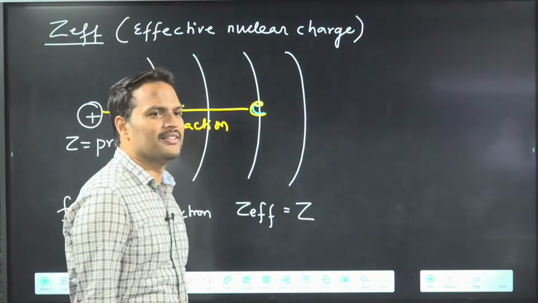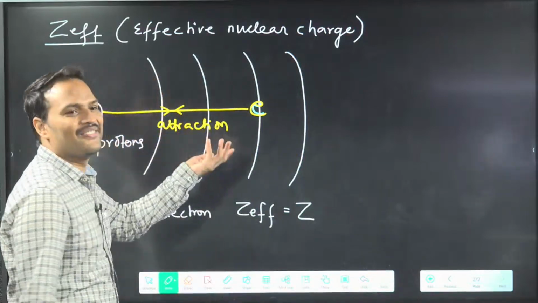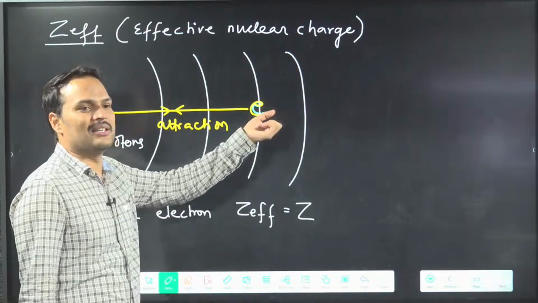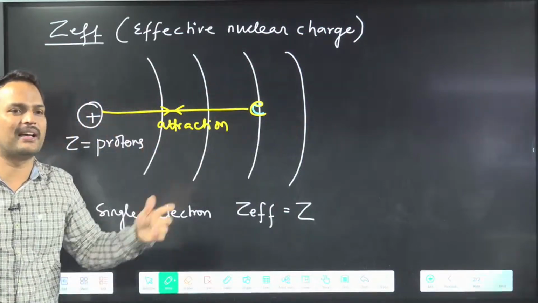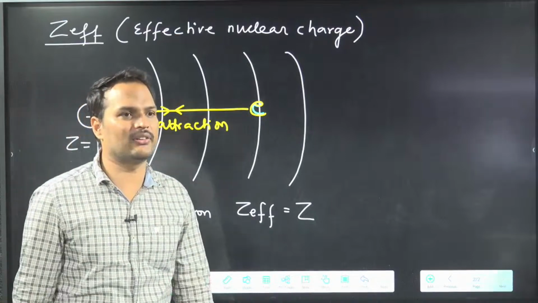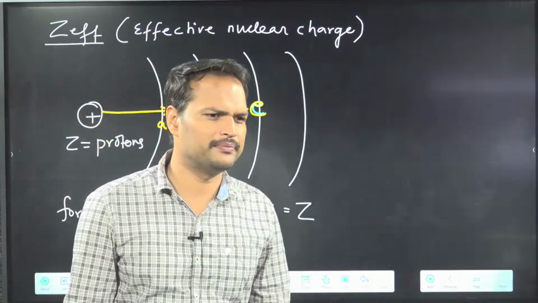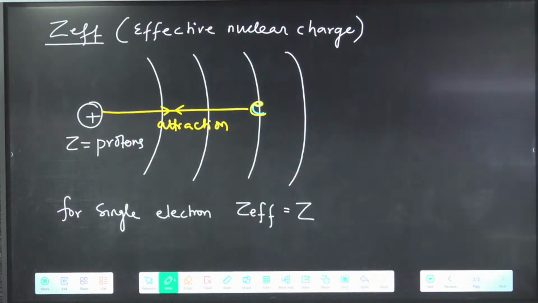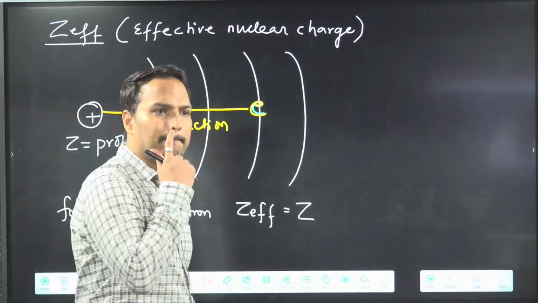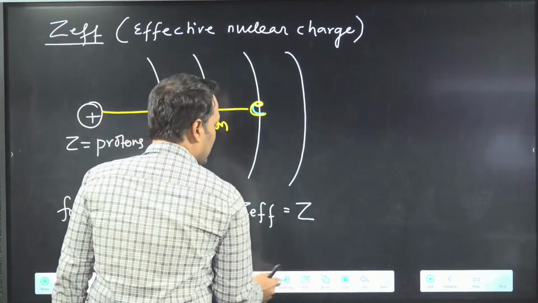Centrifugal, centripetal. Okay, physics you are going on. So we will simply say that attractive force is there. We will say simply attractive force by the nucleus. Is it clear to everyone? Have a look once. All of you can tell only attractive force is there. Okay? Done? Okay.